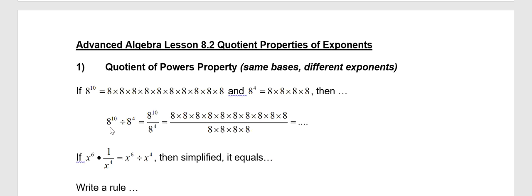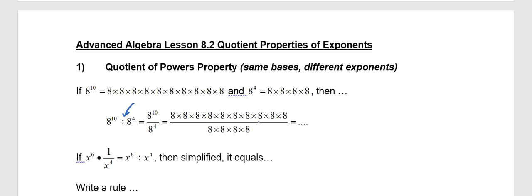We learned with the product of powers, we added the exponents when the bases were the same. It would seem logical that with the quotient of powers, where the bases are the same and the exponents are different, since we're dividing, we're going to subtract. And we can see that's actually the case, because if we take 8 to the 10th divided by 8 to the 4th, rewrite it as a fraction, and accordingly rewrite each part of our fraction as a product, 8 to the 10th is the product of 10 eights multiplied over 8 to the 4th is the product of another 4